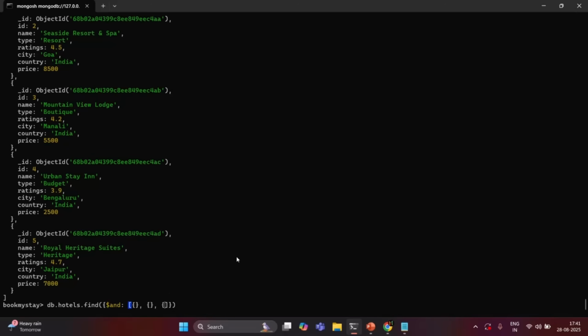Here I want to specify two conditions, and any document which satisfies both of those conditions, I want to filter from the hotels collection. So my first condition is going to be price should be less than 8,000. So here I'll say price, and then I'm going to use another operator. For that, I'll use another document, and there I will use $lte. Here I want to check that any document whose price is less than or equal to 8,000,